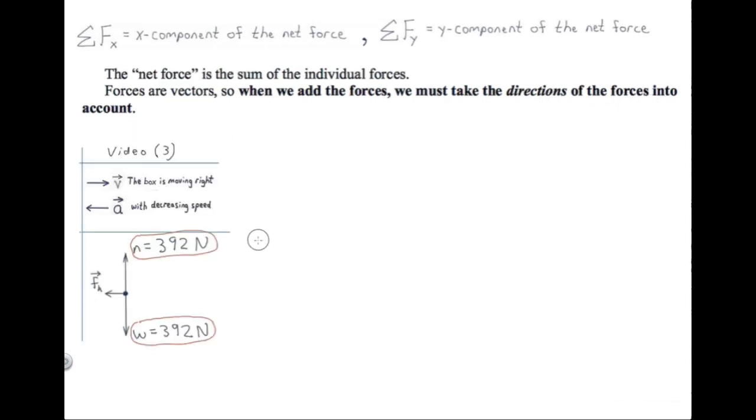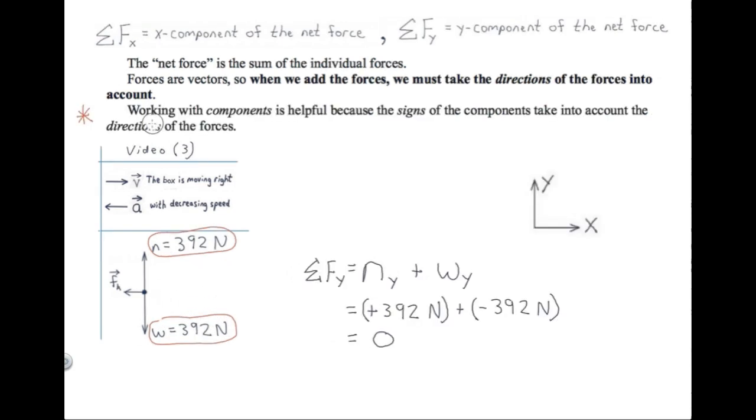account. For example, in video 3, the normal force is 392 newtons pointing up, while the weight force is 392 newtons pointing down. Adding these 2 forces does not result in a sum with a magnitude of 784 newtons. Instead, since these 2 forces have equal magnitudes but opposite directions, when we add these 2 forces, they cancel each